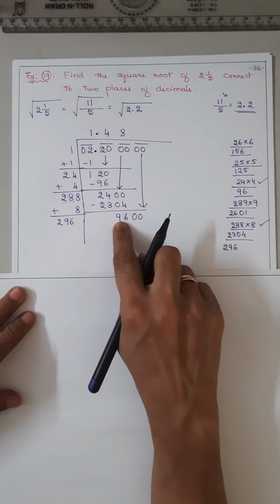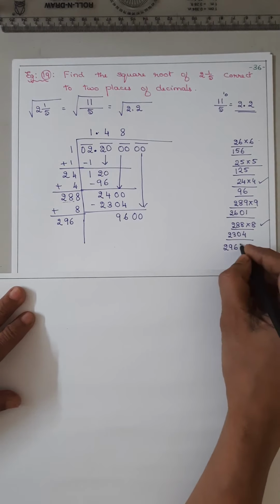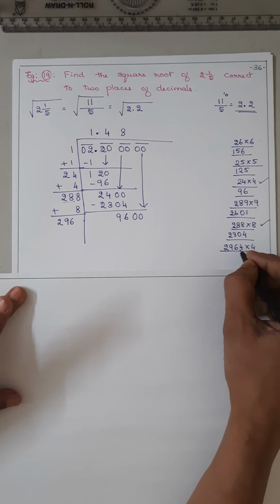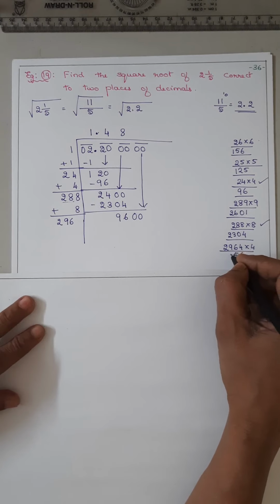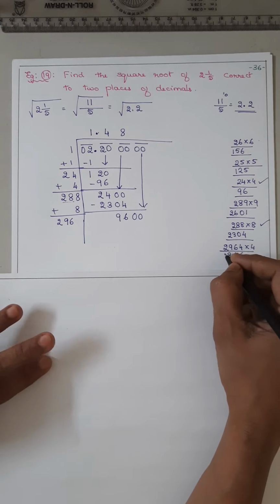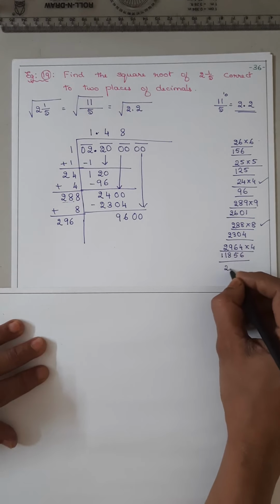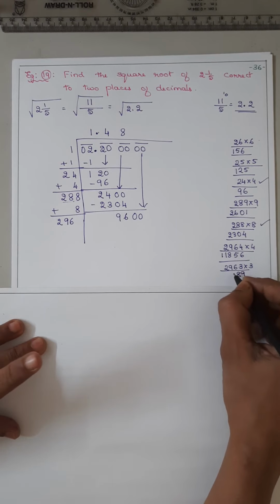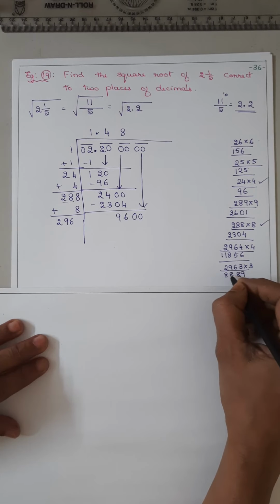Now 2 how much are 9? 2 4s are. Try with 4. 4 4s are 16. 4 6s are 24, 25. 4 9s are 36, 37, 38. 4 2s are 8, 9, 10, 11. Not possible. Try with 3. 3 3s are 9. 3 6s are 18. 3 9s are 27, 28. 3 2s are 6, 7, 8.